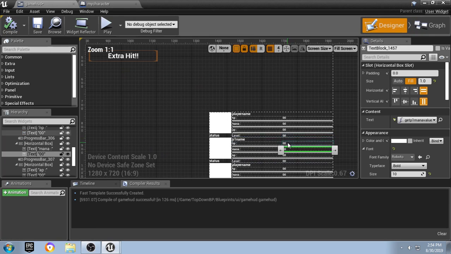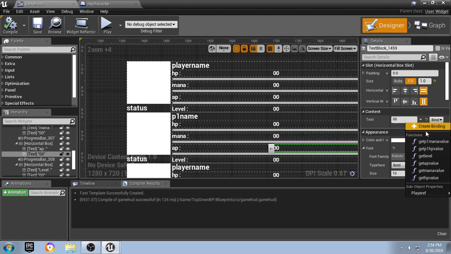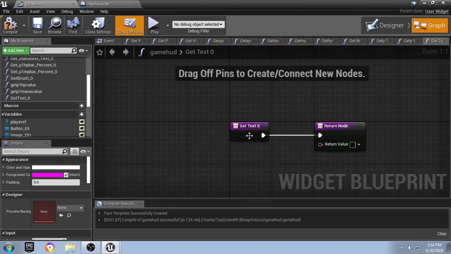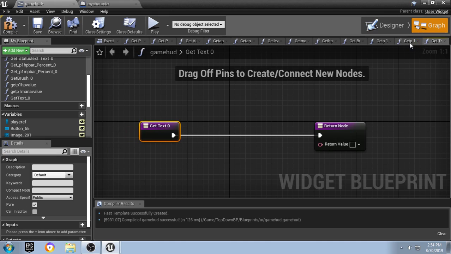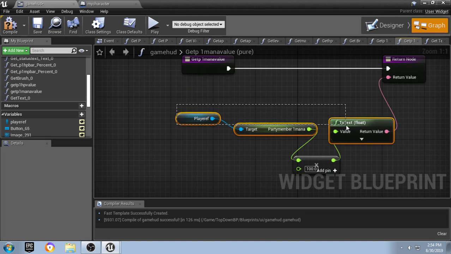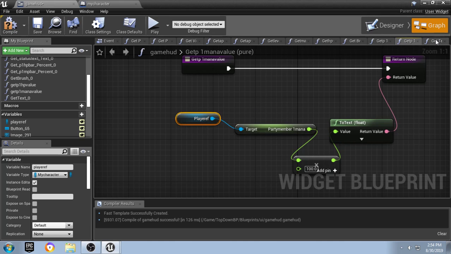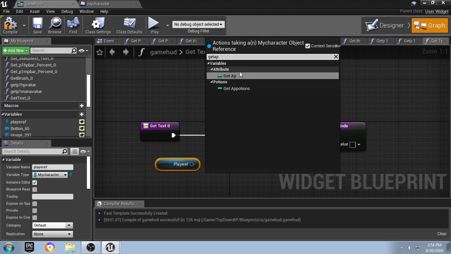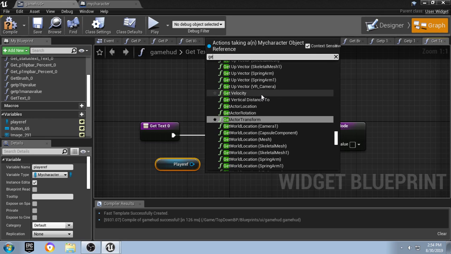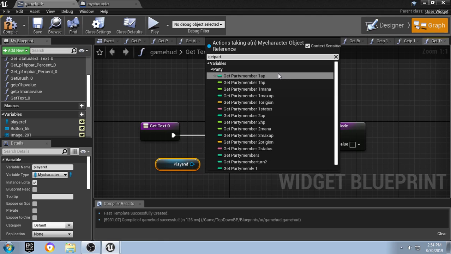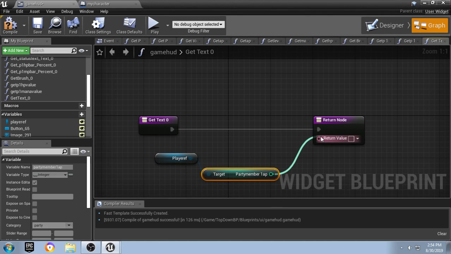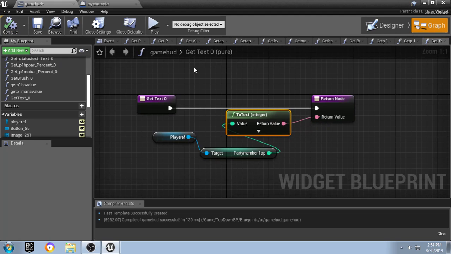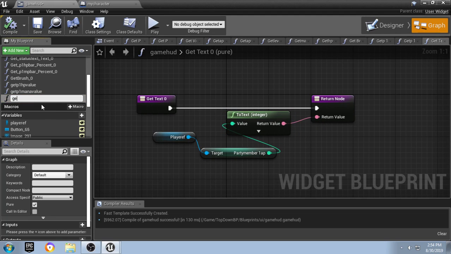Okay, and we're going to go on to the AP, bind, create a binding, and we're going to do the same thing again, except okay, no, we're not going to do the same thing. We're going to grab a player reference. I'm going to say get AP, or get party member 1's AP, and display that. Okay, compile. I'm going to call this get P1 AP value. Compile,